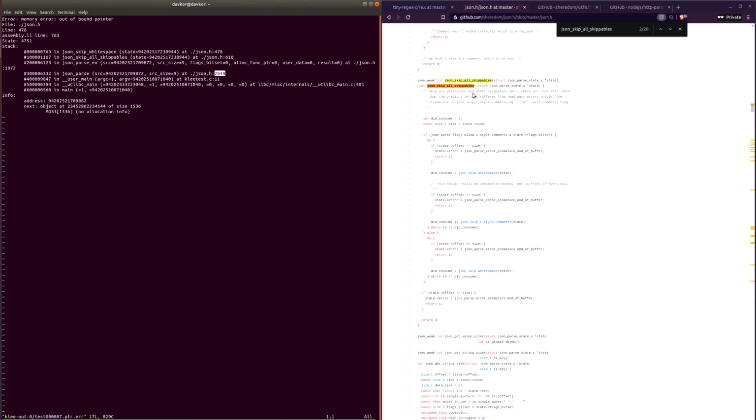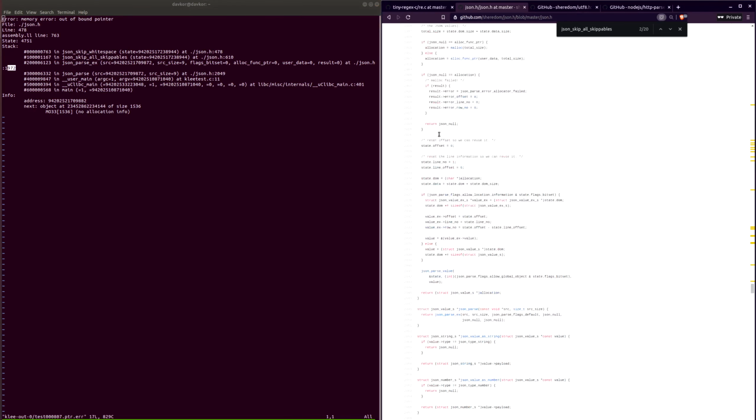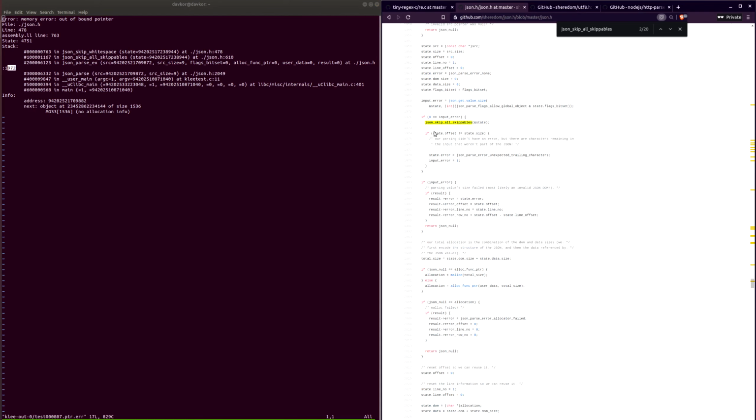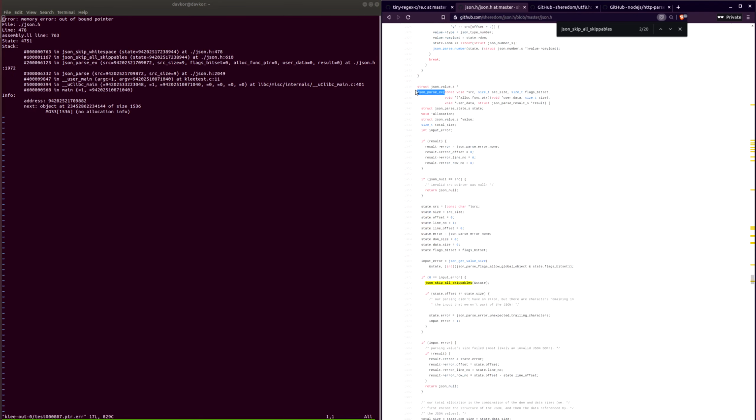Line 1972, which is here, and so it's pretty early in the process of parsing the given string that we provide,